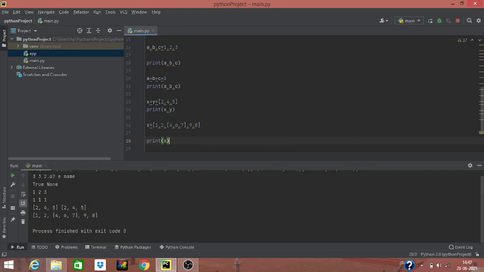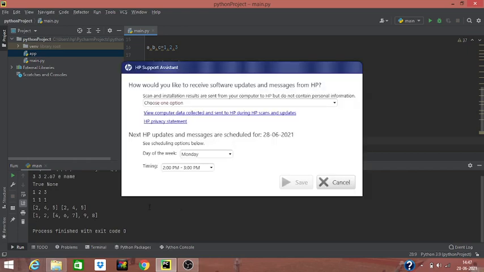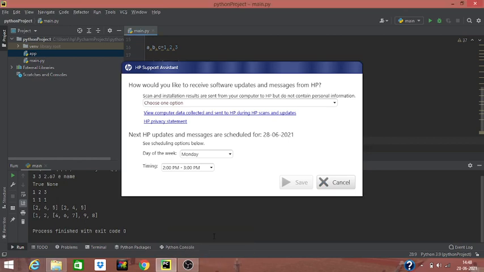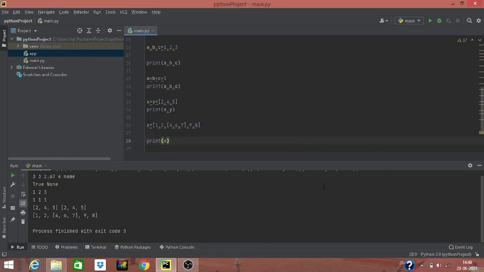Okay, you can see down here the nested list has been printed on the screen.